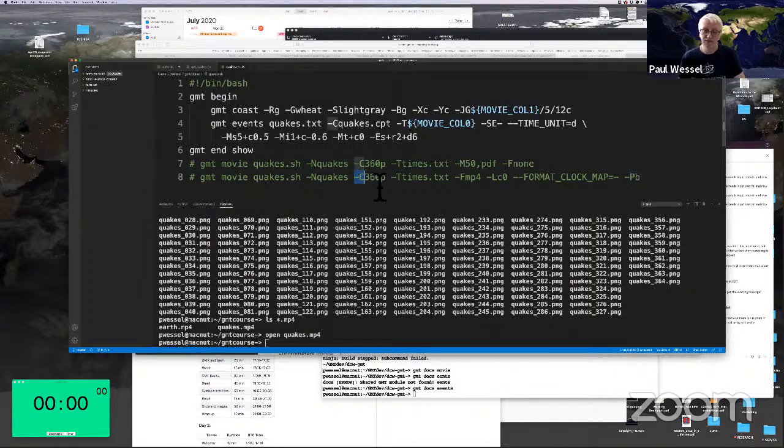And since you have a little bit longer time, you can change this 360 to, let's say, 720. That's going to probably quadruple the time it takes to finish the movie. So in my case, that's 20 seconds to 2 minutes. It's not terribly long, but again, that's with 24 cores. So it will take longer the fewer cores you have. But I wouldn't have to change anything about this script except this -c line to make a more high resolution